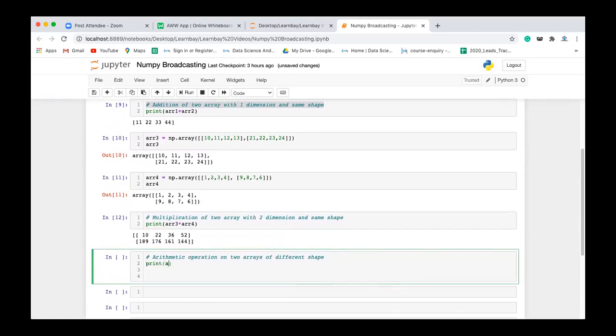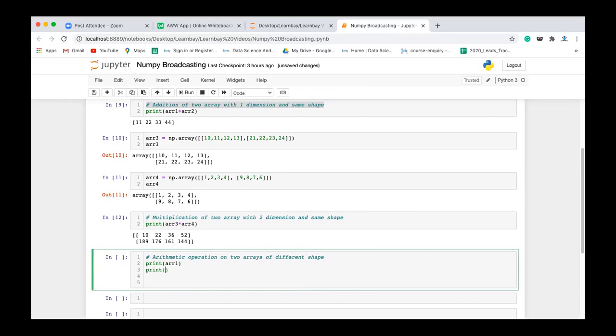If you do print array 1 and print array 4.